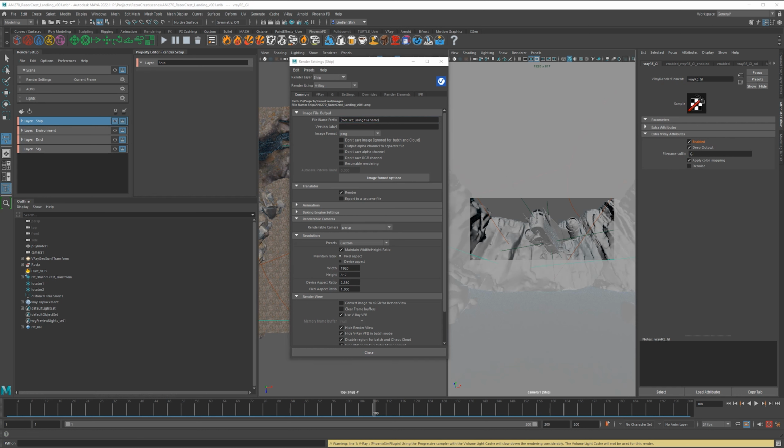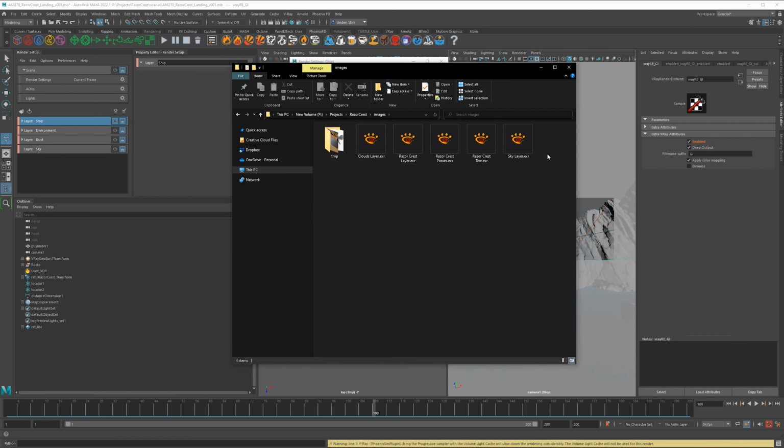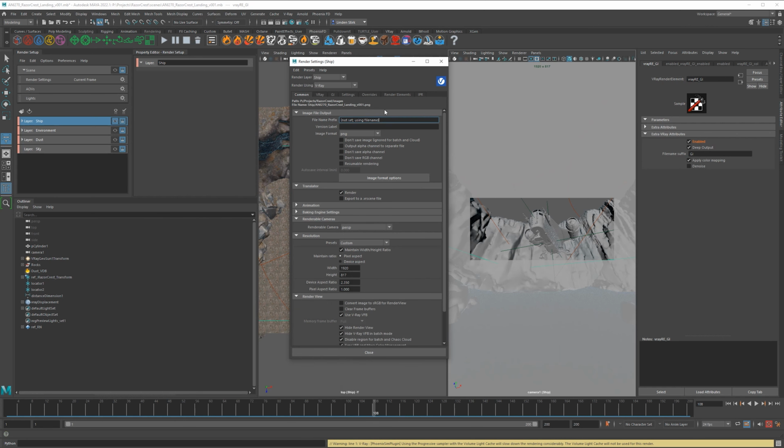So for this, I want to navigate to the Razor Crest and go to the images folder. This is the images that we created before of those test renders, and we had those EXRs here. But really, we want everything to be in a subfolder for every time that we render a new camera or a new version. So what you could do, you could create a folder here and have Maya save it to a specific folder. But what we're going to do instead is have Maya automatically tell V-Ray to create the folders for us. So we're going to delete all of this.